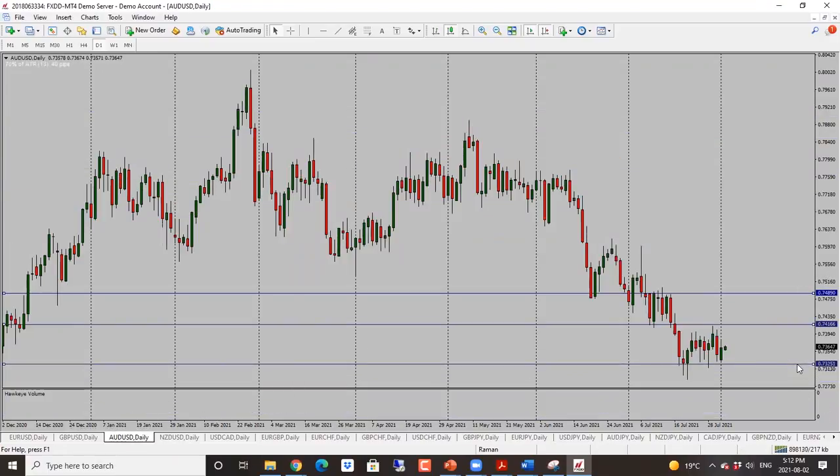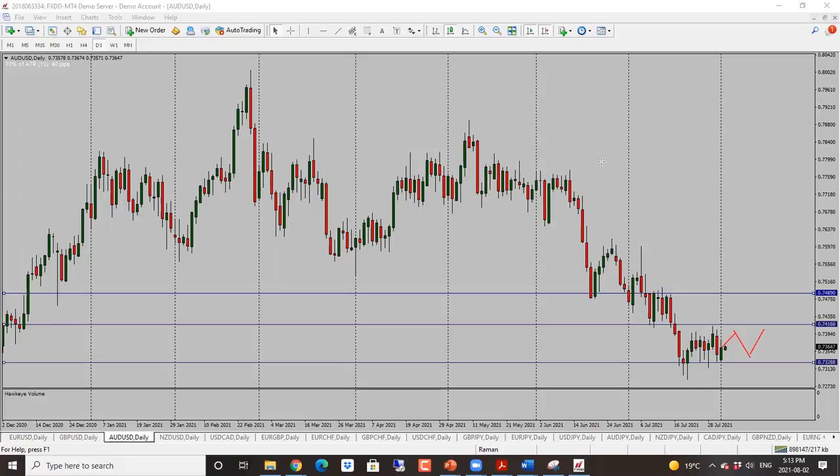Aussie dollar here, this one is going sideways at the moment. It's been trading in a range for a couple of weeks or a little bit longer than that. At this point, price has rejected the support level, which means we are likely to see a move higher. So in this case, looking for price to go higher towards 0.7380 and then 0.7420. So neutral bias here. Basically, I'm just expecting a range bound move from Aussie dollar here. So neutral bias for Aussie dollar.